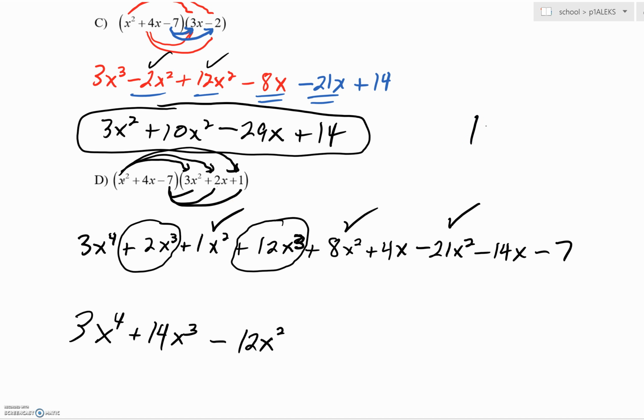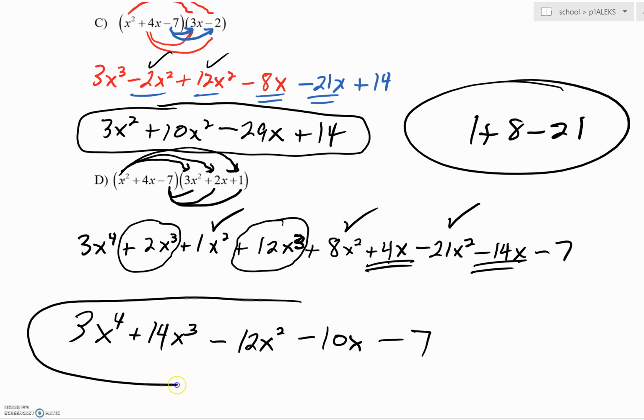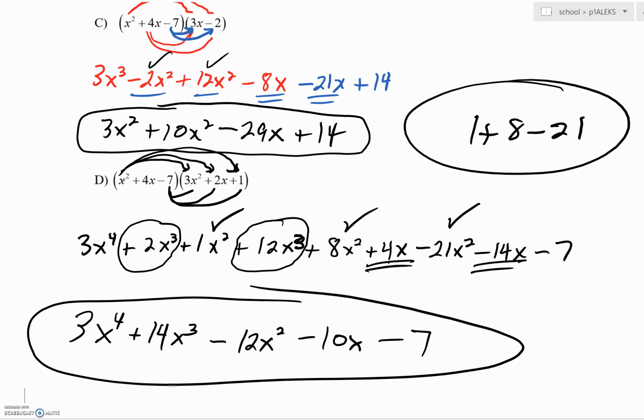Yeah, you just got to be patient. And if that's what's slowing you down, put that into the calculator. 1 plus 8 minus 21. You can get help in that regard. But then what? Well, you're going to have this x term and this x term. 4x minus 14x is a minus 10x. Finally, you've got your minus 7, and then you're done. Okay, so